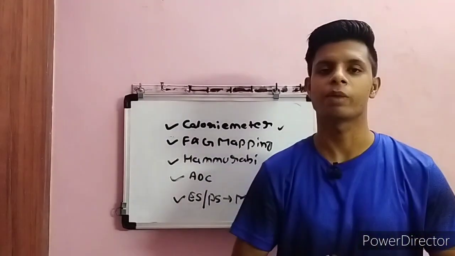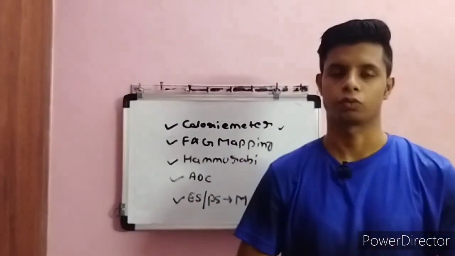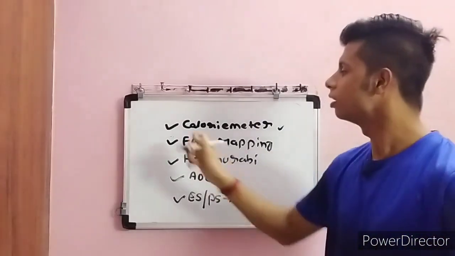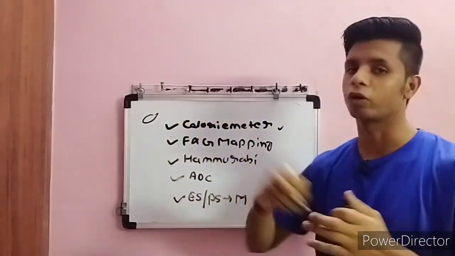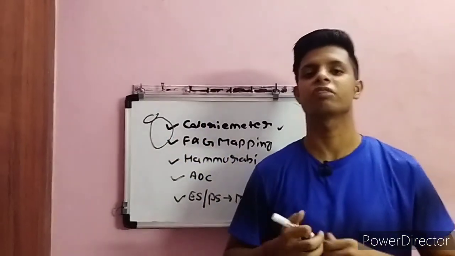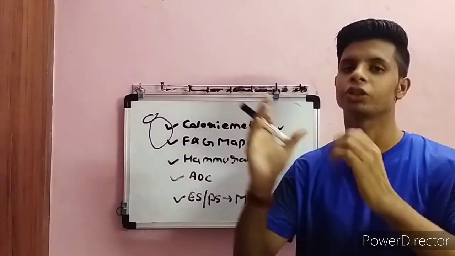Second, if we come to the second topic, that is F&G mapping. What is the meaning of F&G mapping? It is fire and gas mapping. When we are allocating detectors, for example a heat detector or a smoke detector, conceptually there will be one cone of vision. Cone of vision means it's a dynamic area, or you can say just a visionary area.